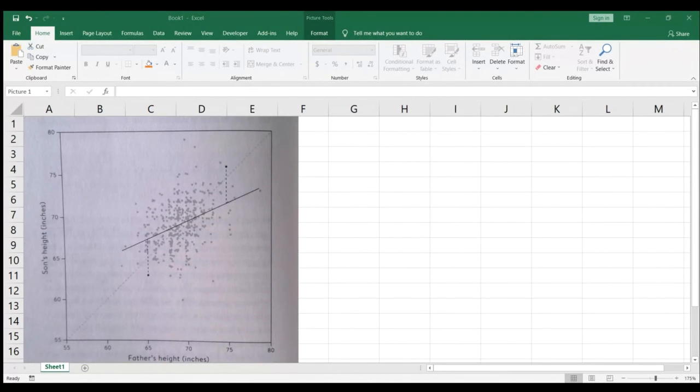This is a graph that considers son's heights in inches versus father's heights, also in inches. Let me tell you what this is about. The main idea behind this graph comes from Francis Galton. We already talked about Galton before. He collected this data and he plotted it. Before I talk to you about his intentions in collecting this data, let's see if we can draw some conclusions